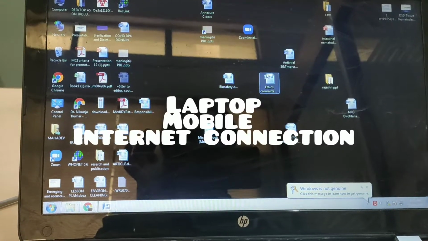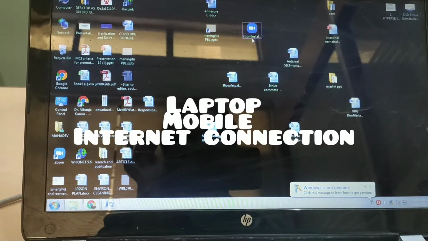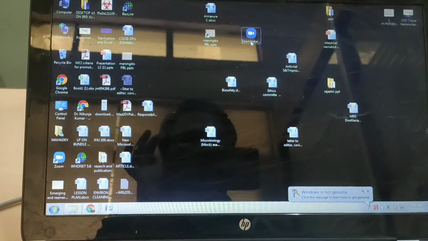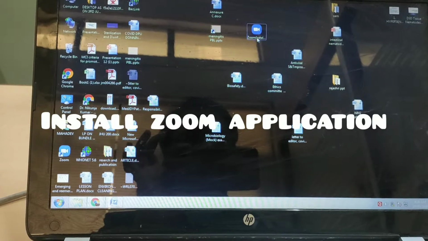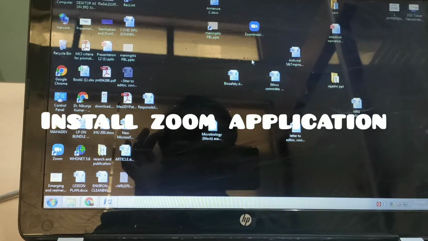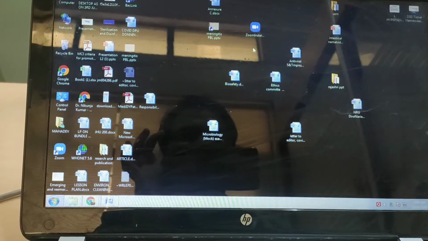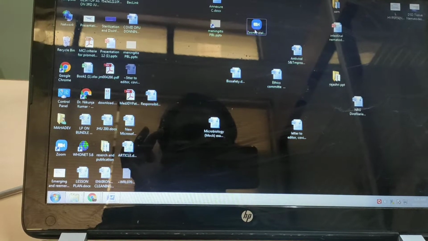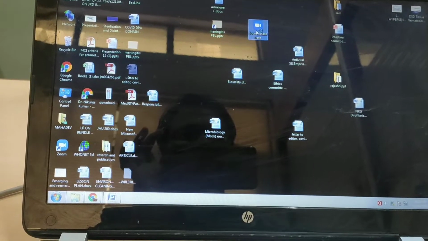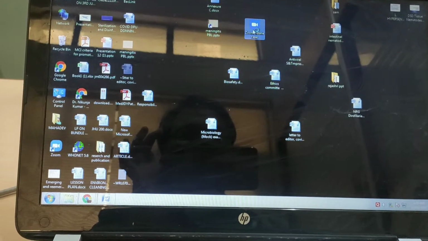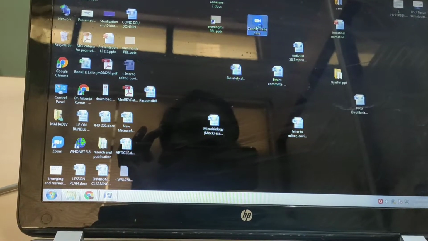And then if you are having a laptop, please install the Zoom application on your system. After it is installed, it is there in the system. Then if you want to schedule a class, double click on it. So it will now open.